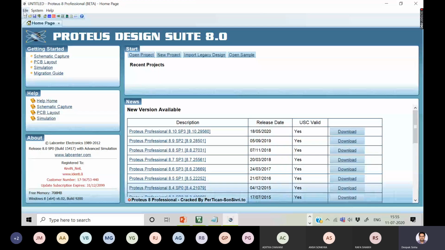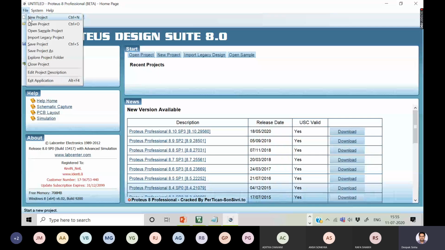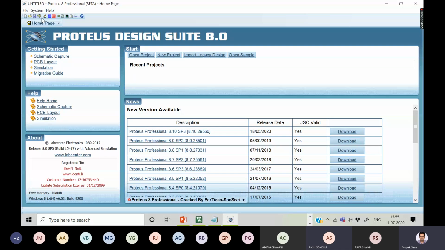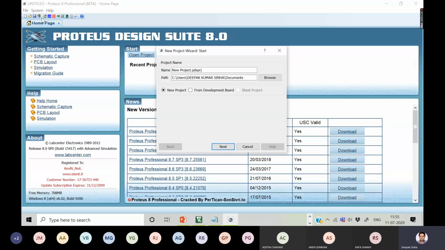ओके, सबका ये ओपन होगा। देन गो टू फाइल एंड न्यू प्रोजेक्ट, ओपन करिए प्रोटियस, ओपन करिए, then go to file, new project, file and new project। हो रहा है सबका ओपन? Yes, sir. File new project, it will take a little bit of time and it will open it. Fine,